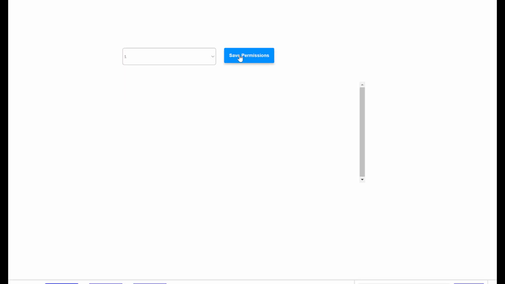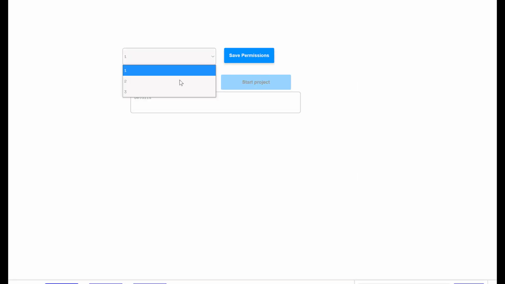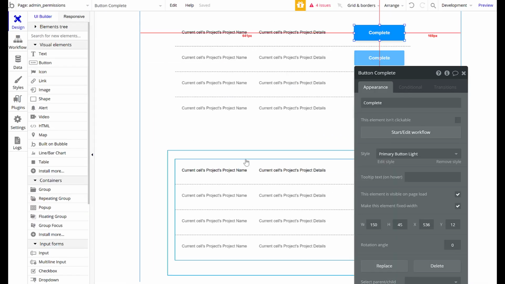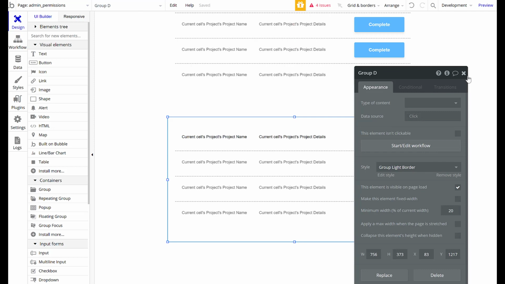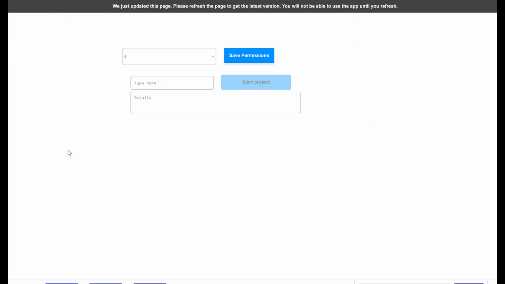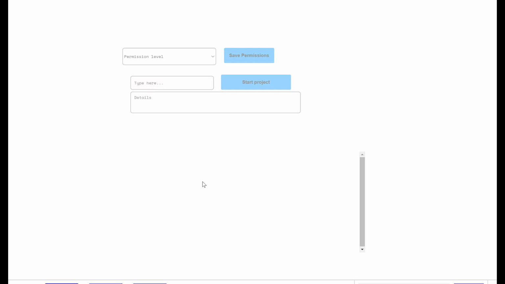So I have permission level 1. You can see this. Where's my other box down here? I wanted to be able to see this. Oh, you know what? This is probably there. It just doesn't have any data. Oh, nope. I need to check visible on page load. That was the problem. So visible on page load here. But it likely won't really show anything yet because there's no data to show. So we're going to have to do a couple things here to make sure. Yeah, see, it's just an empty